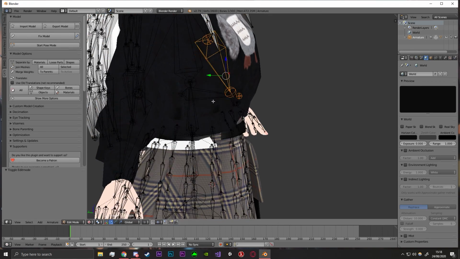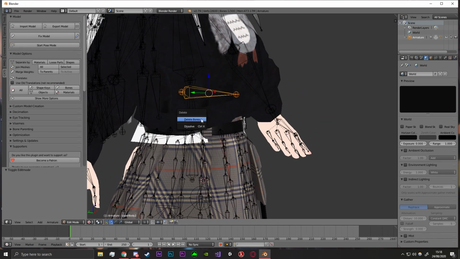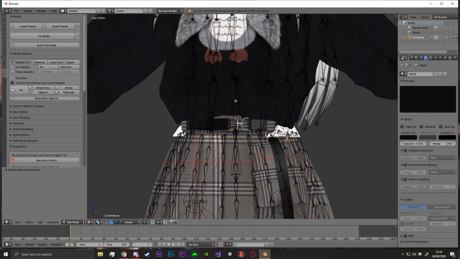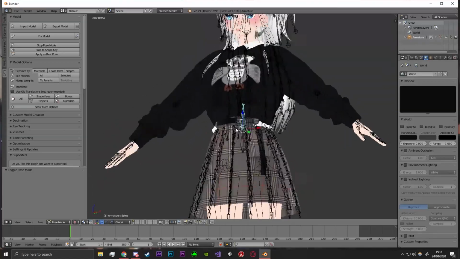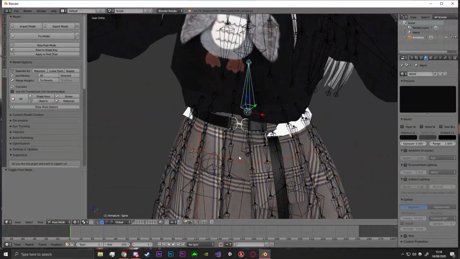So we're going to click tab to go into edit mode. When we click on the bones, we click X to delete. Probably fine. Now if I click here, I go into pose mode and just check this. Yeah, it's fine. So it's not really fitted very well because I speed ran it, but what we can do